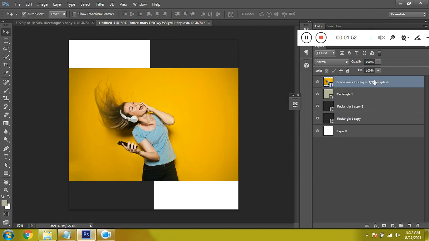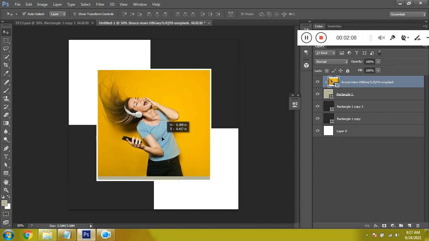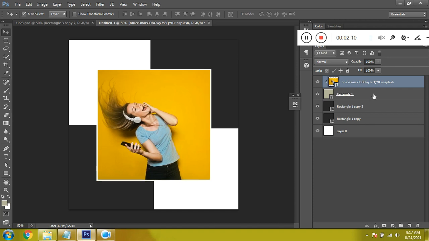You can hover over this and press Alt, and you can see the cursor change to the pointer type. Click on it and it will be clip masked. Or the other option is to right click it and go into the clipping mask.